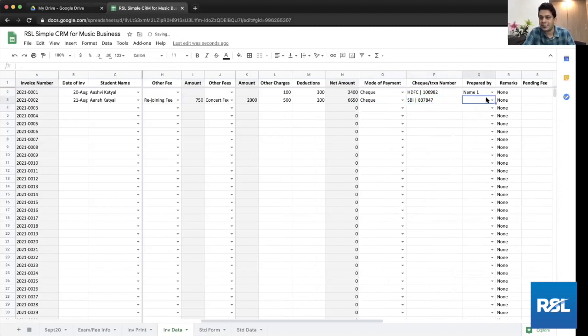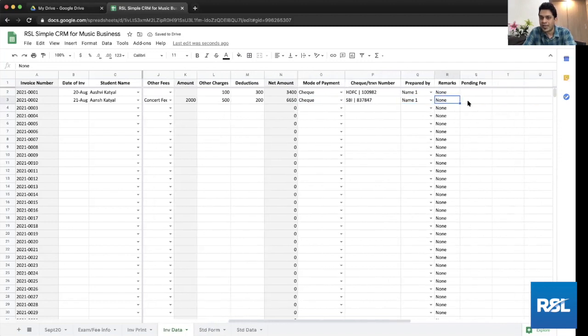And you can see who's presenting this invoice, like who's creating this invoice. You can do that. And if there's any remarks, you can do that. If you mark that, suppose somebody has paid a pending fee, you can just write pending. And you can see that the name has gone in red automatically. That means he has not paid his complete fee. You can make a note of how much fee is pending in the remarks, and you can make another receipt whenever he makes the remaining amount, put the amount already paid in the deductions and make another receipt.